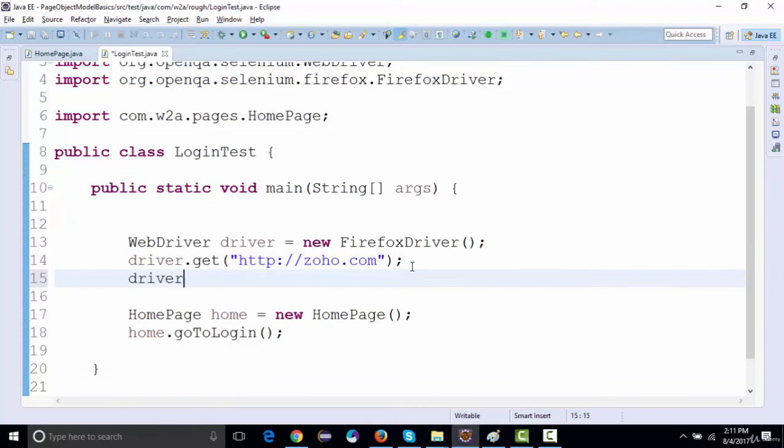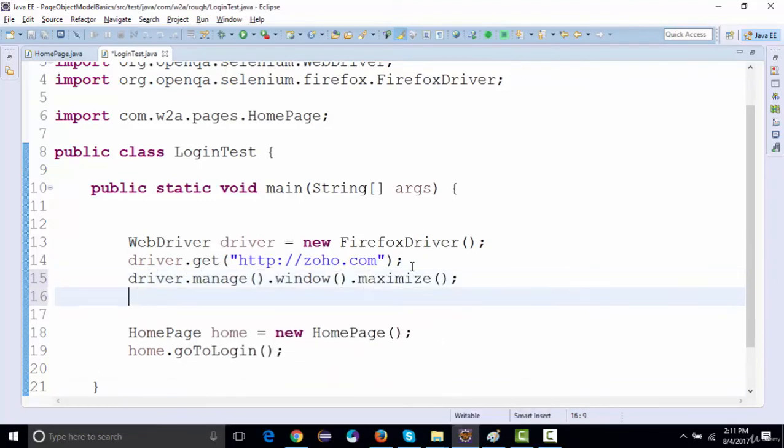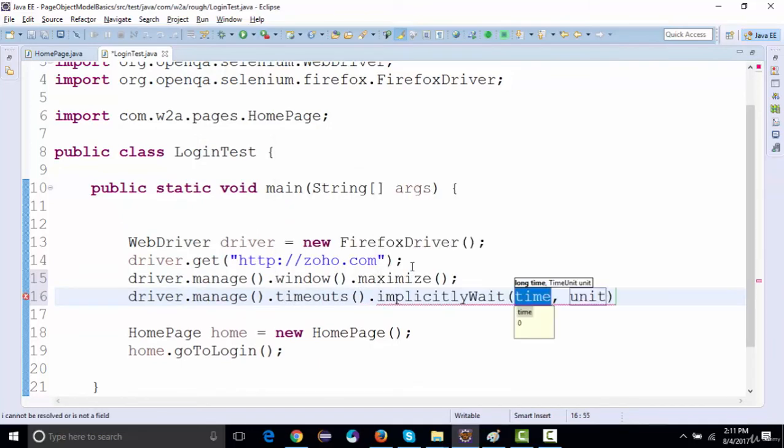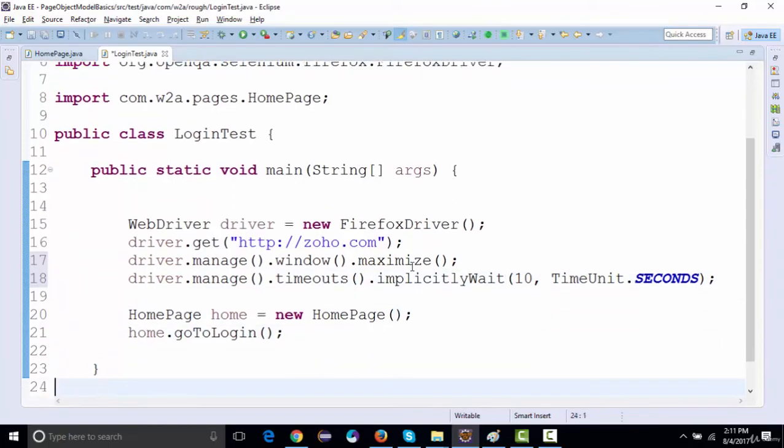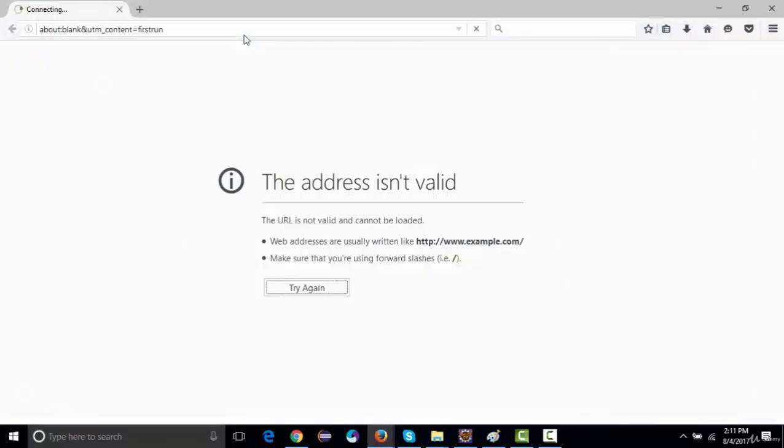You want to do driver.manage().window().maximize() and driver.manage().timeouts().implicitlyWait, and make it 10 seconds so that whenever there's a need for wait, it should automatically get handled for the presence of the element. So this is how we should be doing it. Now if I run this, let's see whether it's going to work or not. So it has gone to Zoho